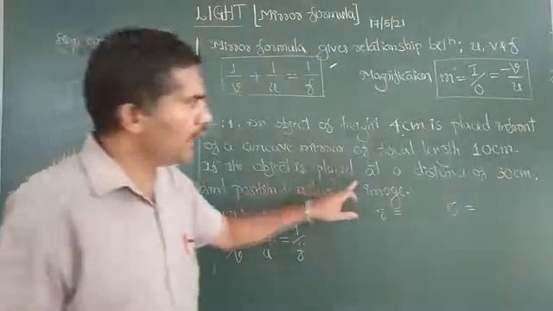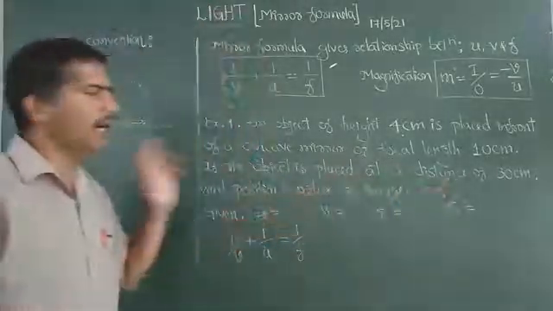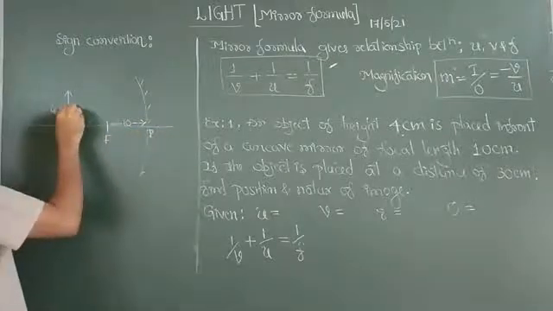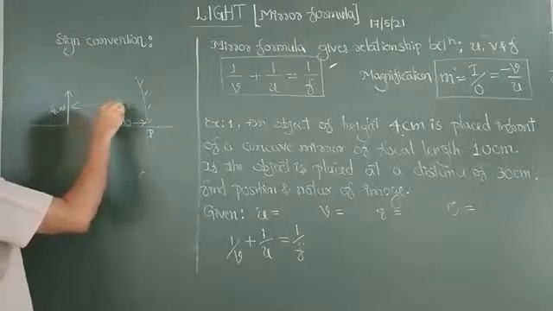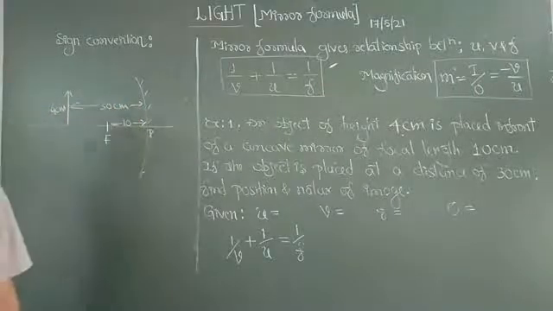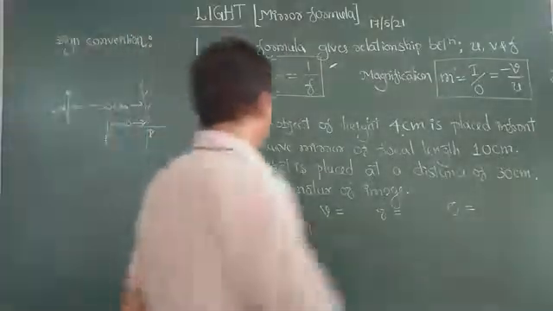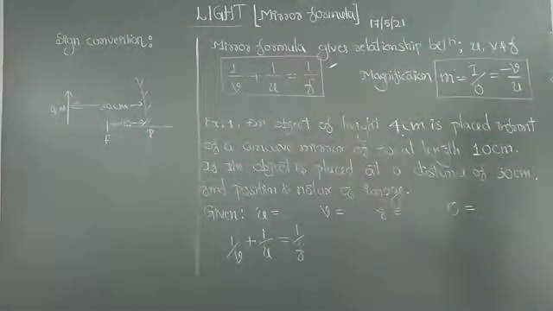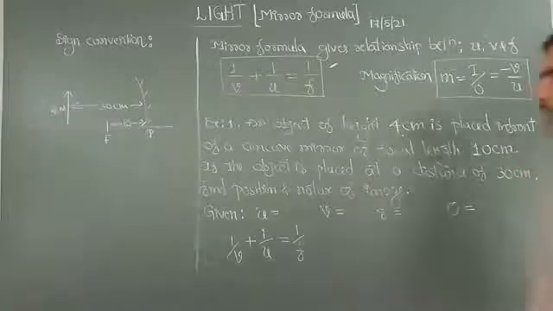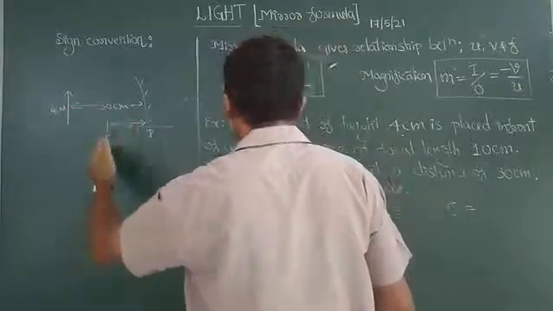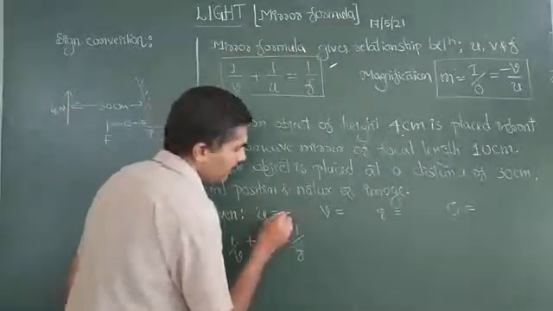If the object is placed at a distance of 30 centimeter, now the position of the object is given. It is 30 centimeter away from the pole. Find the position and nature of the image. Now I should find this by using the formula, but before putting in the formula, I should apply the proper sign convention. That much only is important. The distance of the object is given, but the object is kept on the left hand side. You are supposed to go back, so the distance of the object is taken as minus.